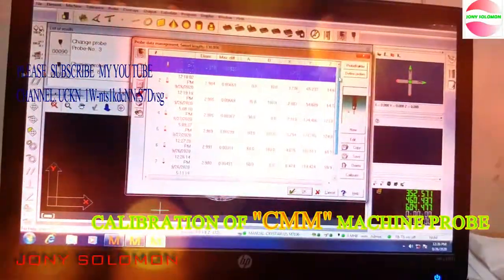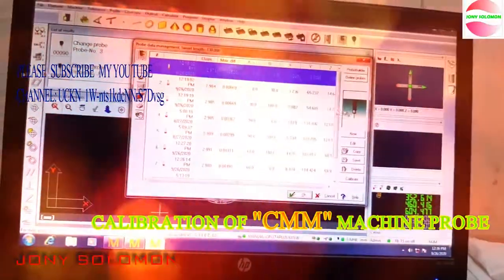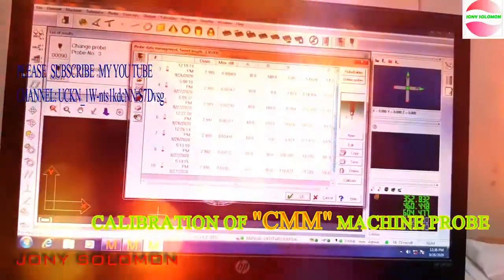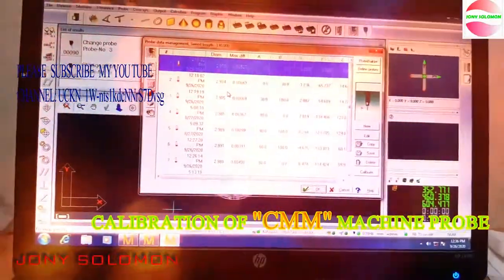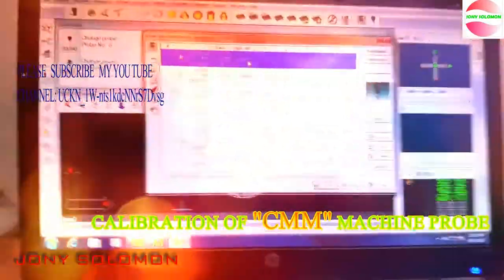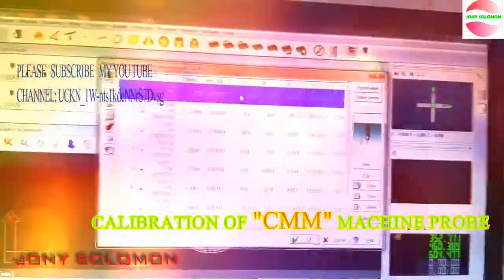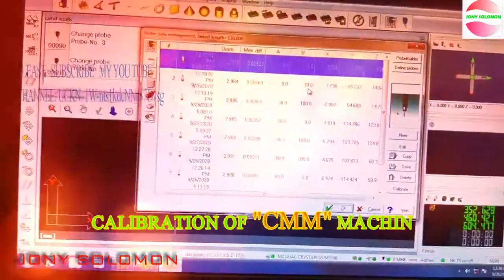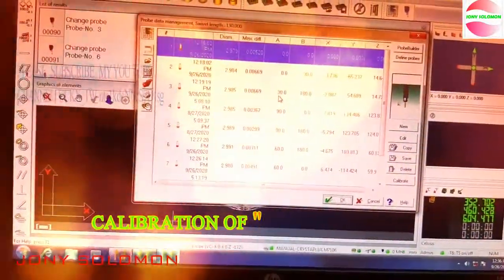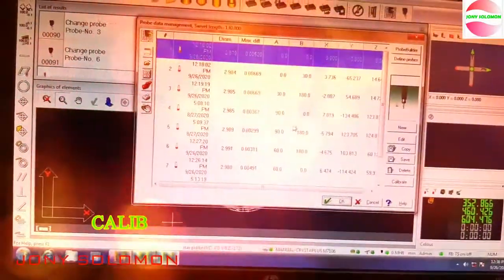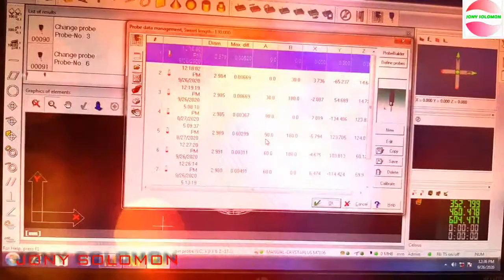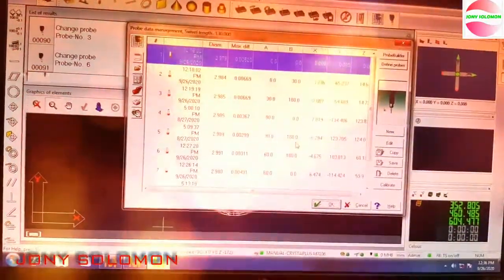So let's see here, I have made 10 types of angles. You can increase the angles as per your requirement. See, this is A0, B0, again A0, B30, next A30, B180, next A90, B0, then A90, B180.